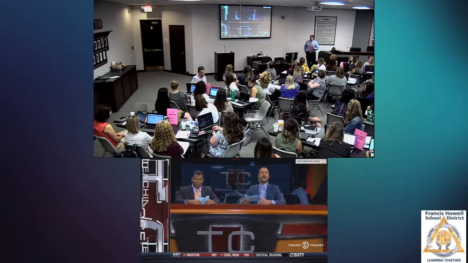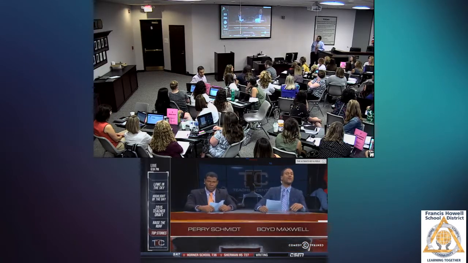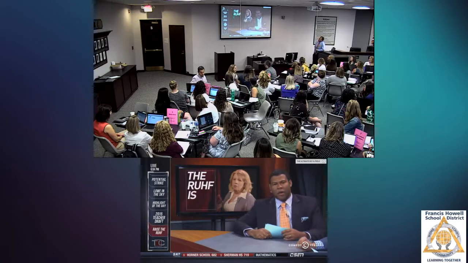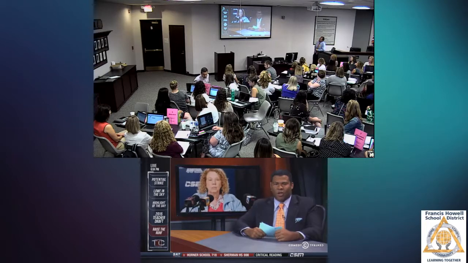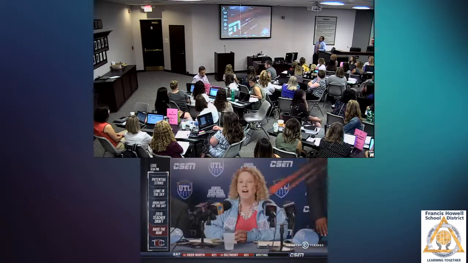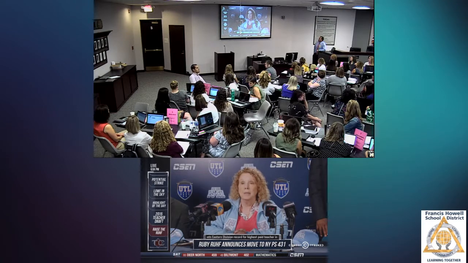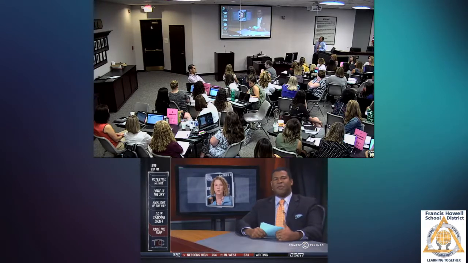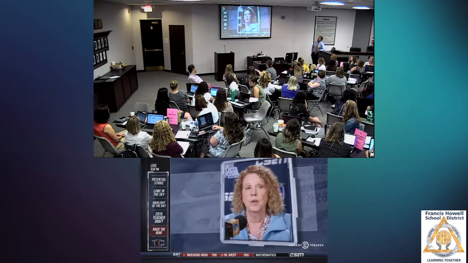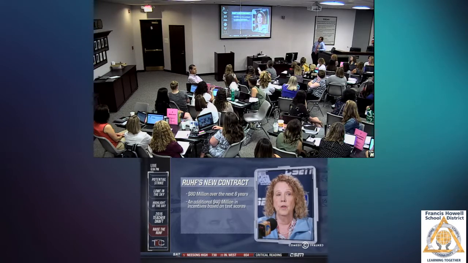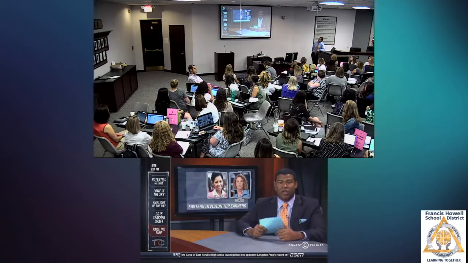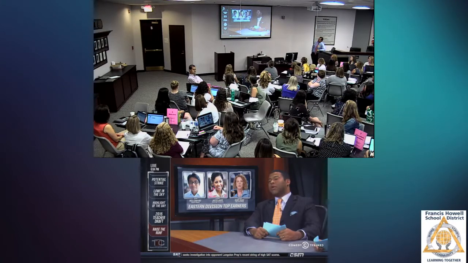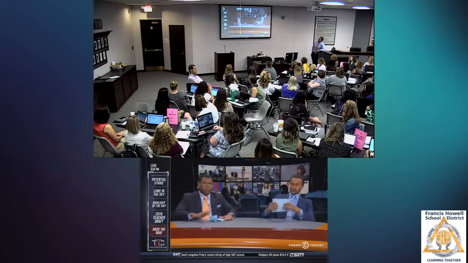Hello and welcome to Teaching Center. I'm Boyd Maxwell with today's top stories from the exciting world of teaching. And I'm Perry Schmidt. Well, now we know. The long-awaited announcement by star English teacher Ruby Roof has sent teaching fans across the nation into a frenzy. I've enjoyed my time in Ohio very much, but I'm pleased to announce that I'm taking my talents back to New York City. Thank you very much. Apparently, PS 431 has made Ruby an offer she couldn't refuse. $80 million guaranteed over 6 years, with another $40 million in incentives based on test scores. This salary puts her right up there with Rockridge Elementary's Katie Hope and William Wu out of Colgate Magnet.